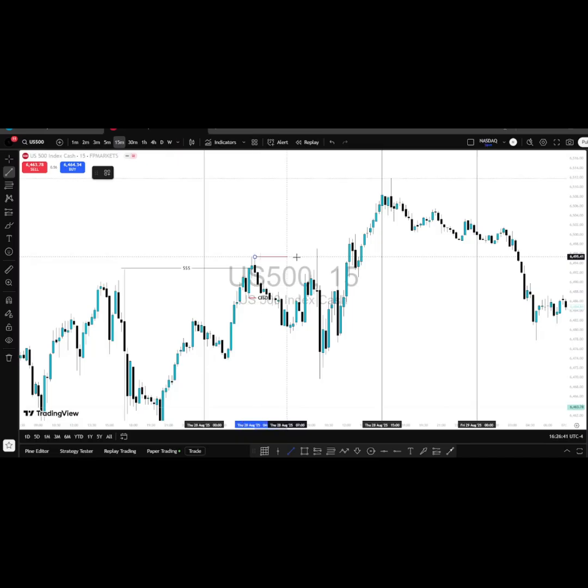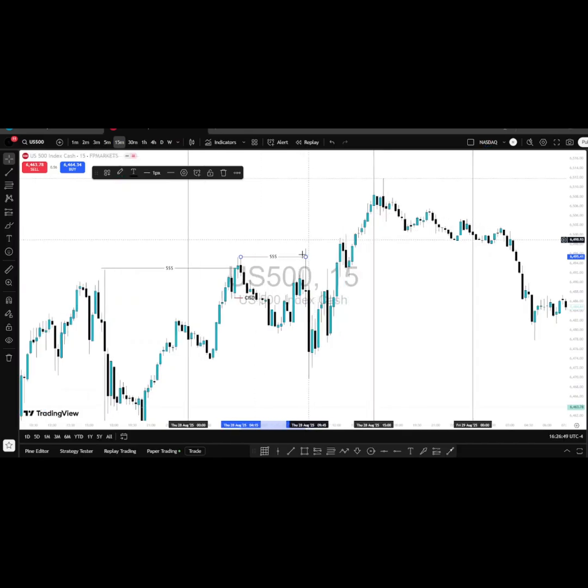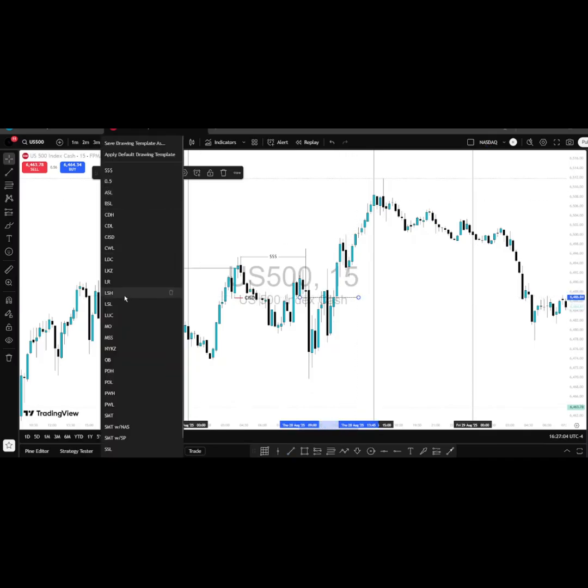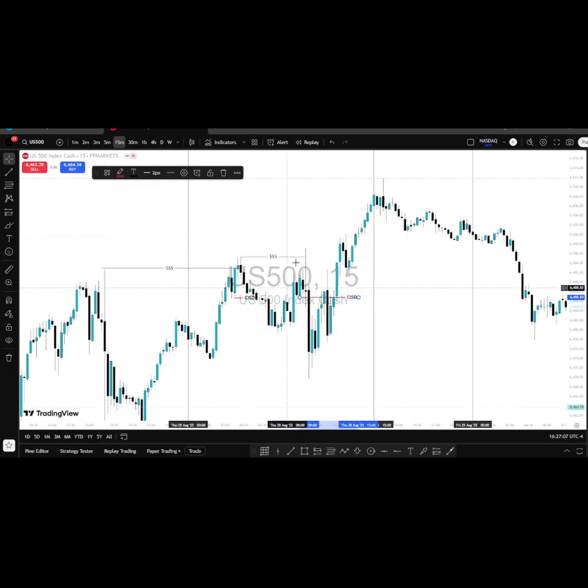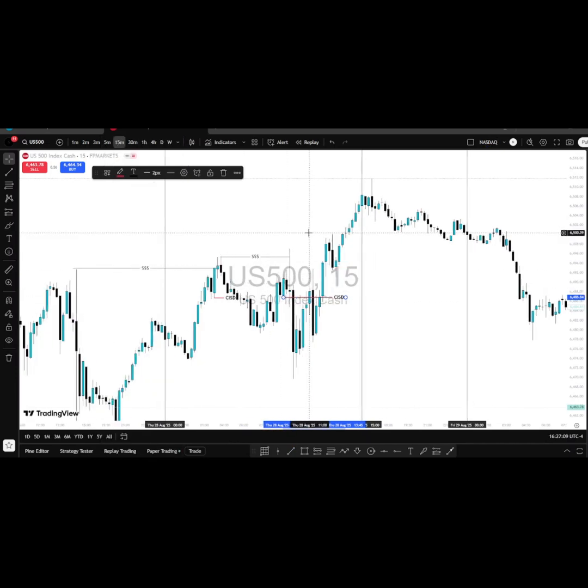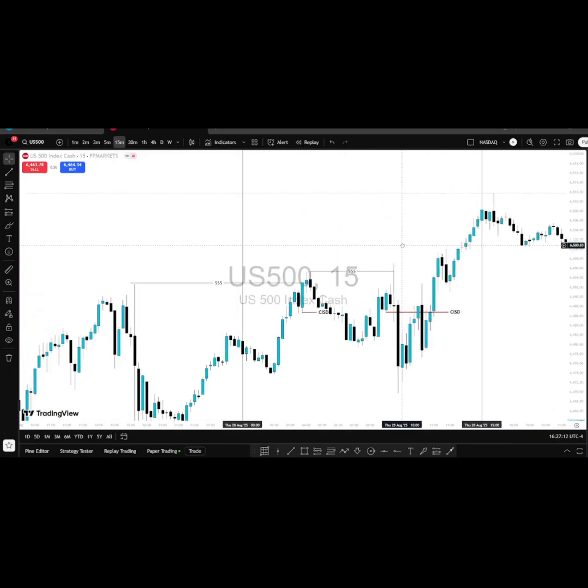So the sweep had also occurred on... This is what actually gave me more confidence, because you can see that on US 500 it was only a wick. There was no body that had formed to confirm the close. Okay, so that is what I did. This gave me more confidence, because if it was a body, I would have actually started to look more into price.